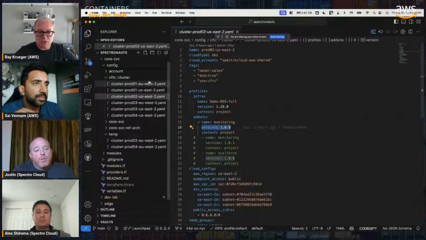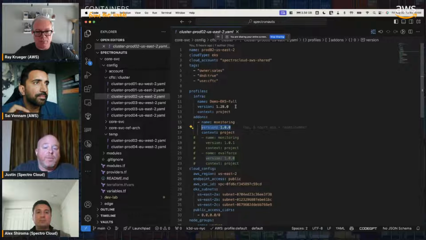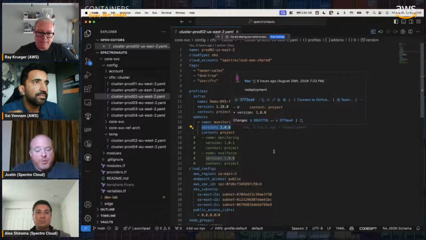And Justin, those are specifically the versions of the packs themselves that you're deploying? That's correct. Oh, cool. Well, so the packs themselves are all version managed as well. Yes, this is the version of the profile, but the packs are also versioned behind the scenes.